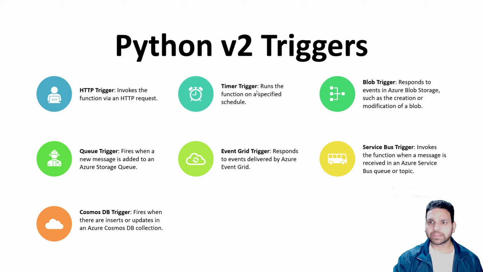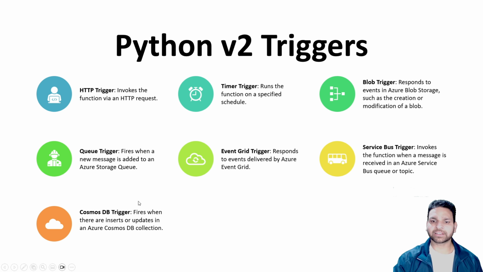Timer trigger runs the function on a specified schedule like a cron or a scheduler. In the blob trigger, it responds to the events in the blob storage. That means if you have created a new blob file, automatically this function will be triggered. Now there are queue trigger, which is based on Azure Storage Queue, event grid trigger, which is based on Azure Event Grid,